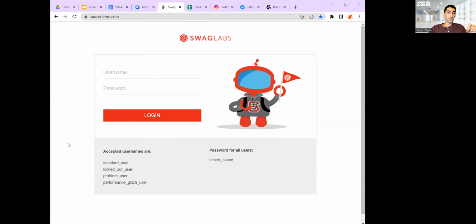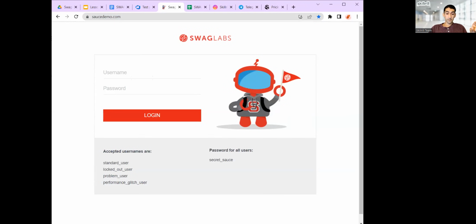I hope you all can see. Okay, great. So we'll start executing. For the first step, we navigated to this website and we got the login screen, pass. Then enter correct username. We're going to get this correct username from here because this is a demo website. All right, it allows me to enter. Next one is enter the password. Let's enter the password. It is masked. It is hidden.